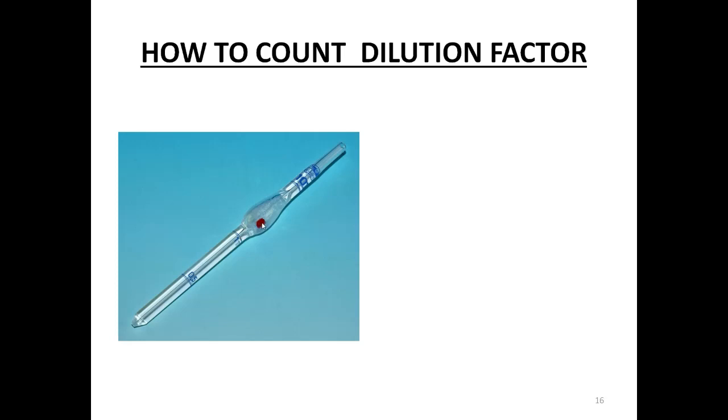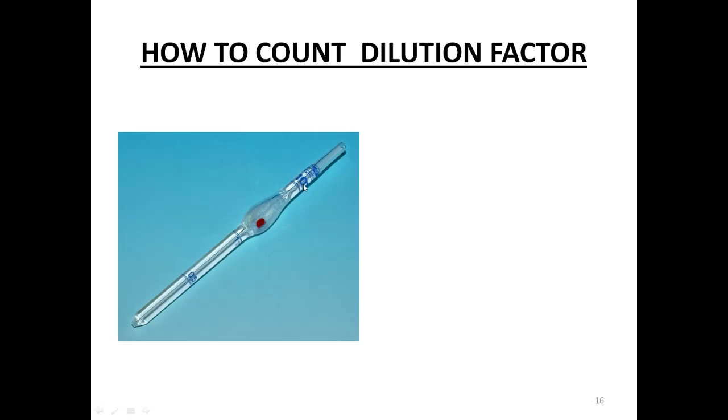Okay, because while charging we need blood also with the diluting fluid. We don't need only diluting fluid, right? So that is why we are discarding 2 to 3 drops, so that whatever fluid is collected in the stem will be discarded. Then we are charging, right? So when we discard the part 1, that is, out of 101, one part of the fluid is discarded, means the remaining is only 100.